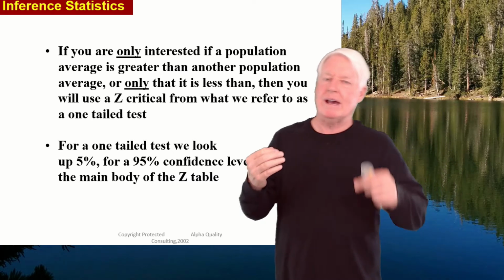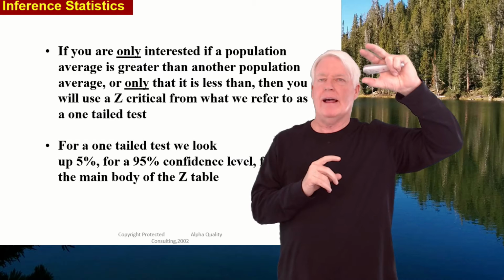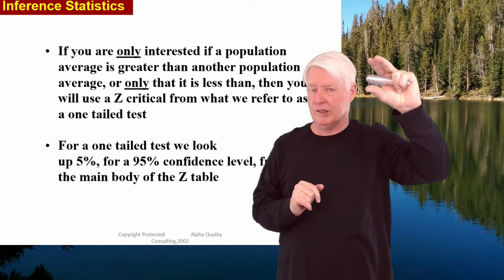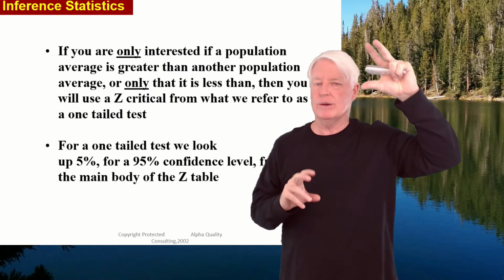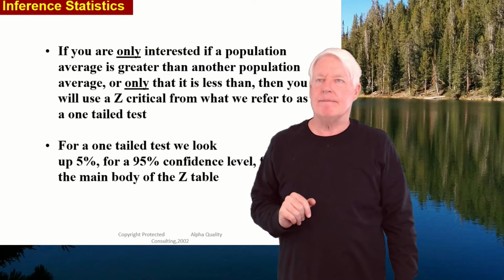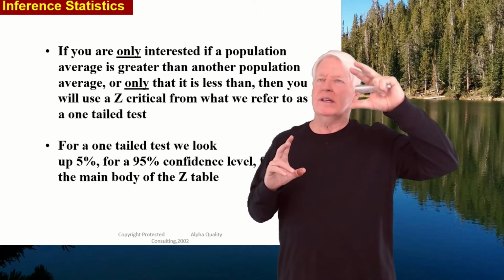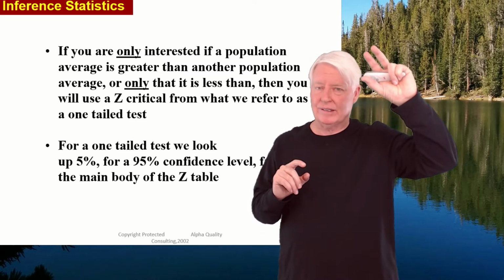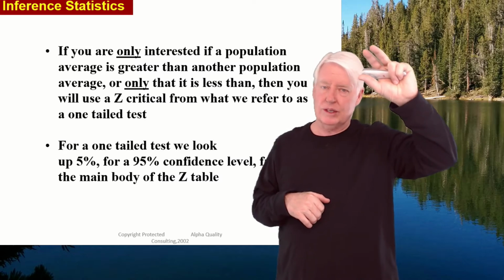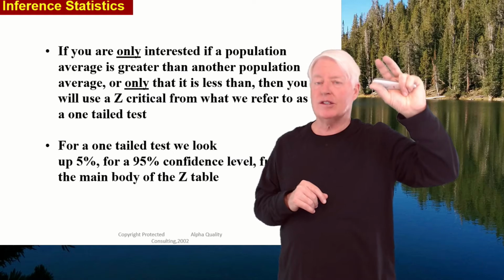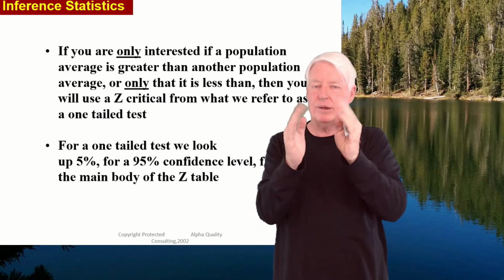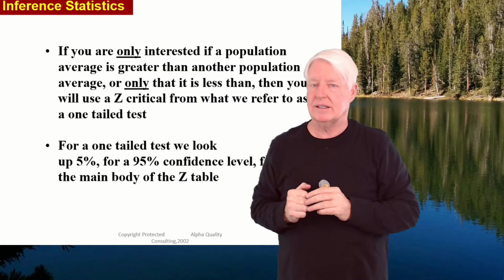And so remember, we have two statistics we're looking at. We have the alpha risk and the p-value. Alpha risk is the risk you're willing to take. The p-value is the actual risk you're taking. And so what happens is if you have a one-tailed test, you will use the full alpha risk, which is usually 5%. If it's a two-tailed test, you'll use the alpha risk of half the 5%, which would be 2.5%